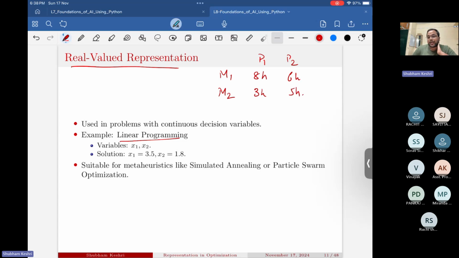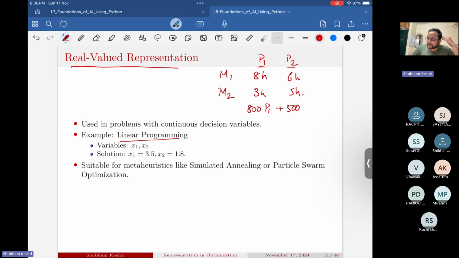Now the question is how much to produce of these products, and the objective is to maximize the total revenue. So suppose 800 rupees is incurred for each unit of product 1,